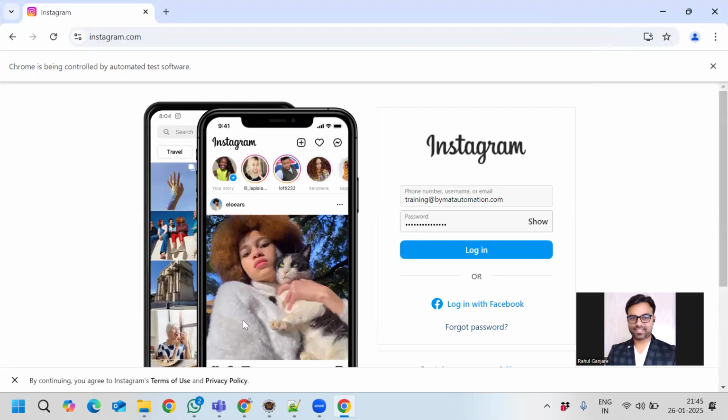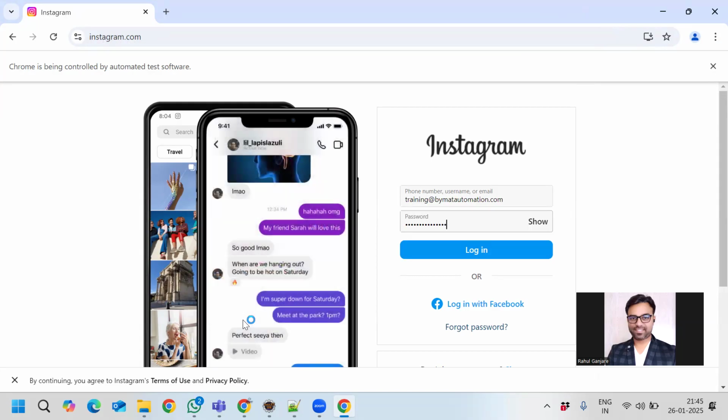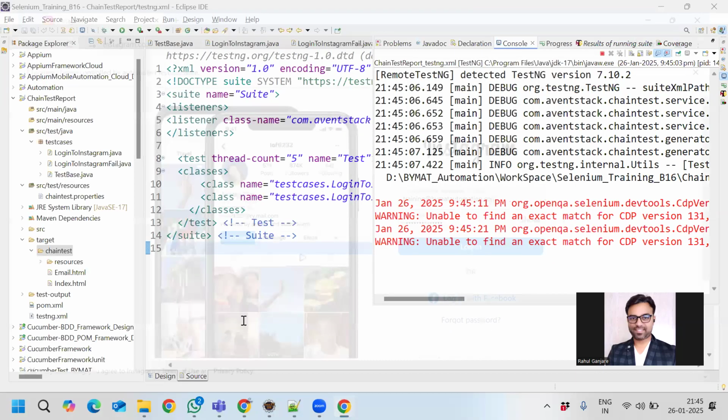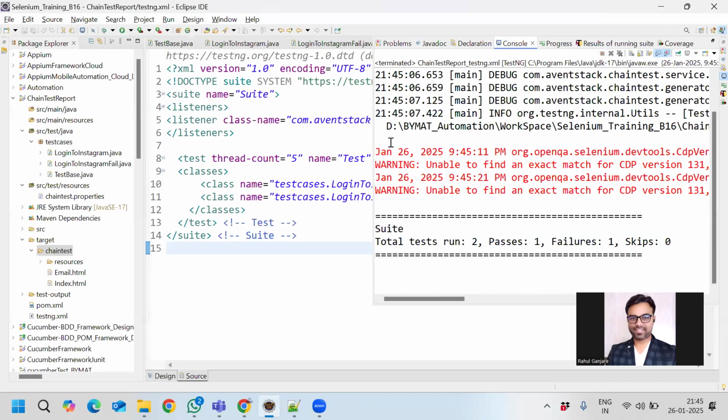This is the second test case, which is failing there. We deliberately made it fail. So it's going to close the browser. One pass, one fail, same. And let me refresh the project,